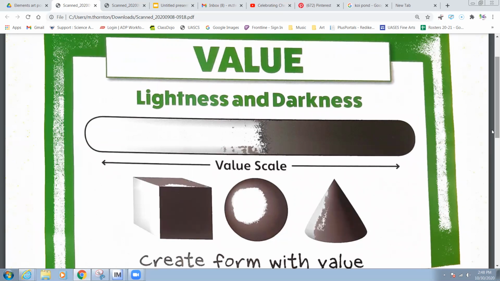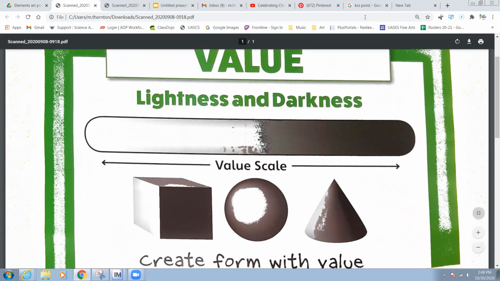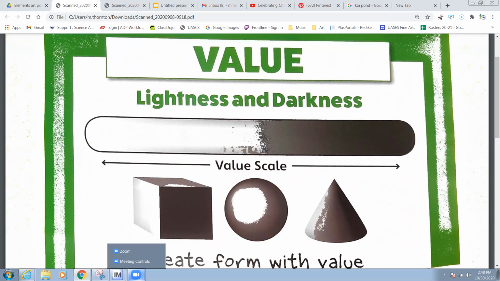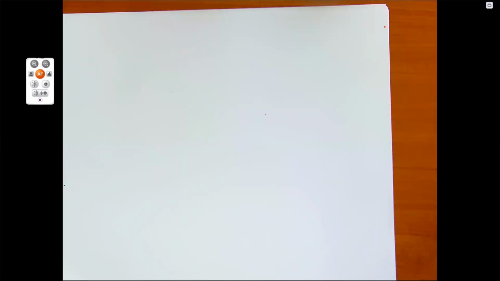Okay, so just a short introduction to the element of art value. And now we are going to learn about how we are working with value with our beyond the border koi pond fish. So I'm going to bring up our ImageMate. So the first thing that we're going to do, we know that value just means